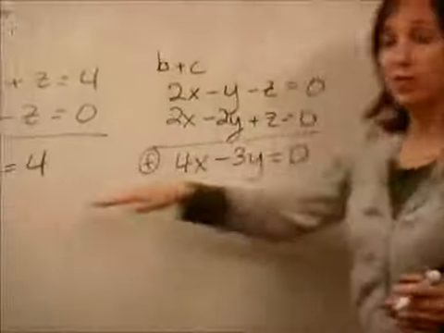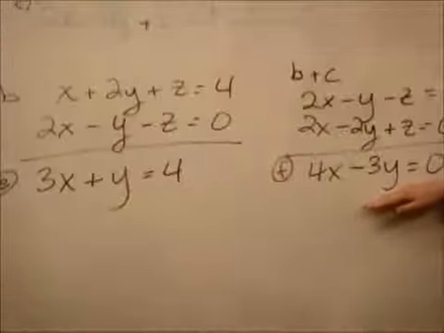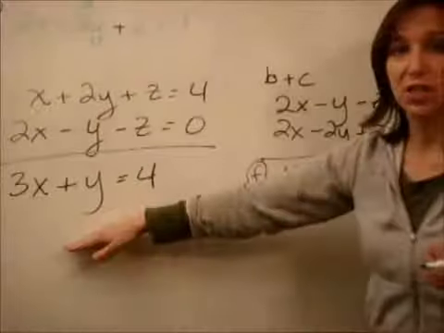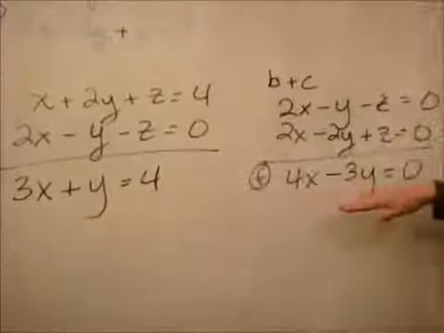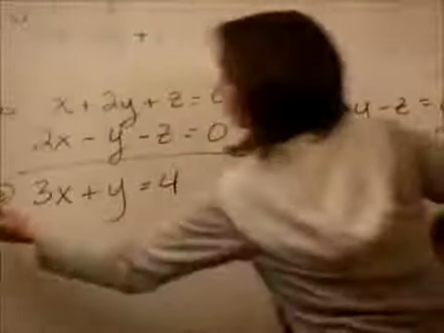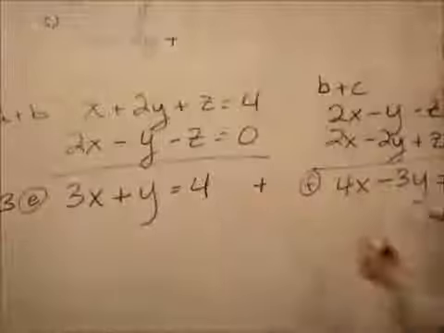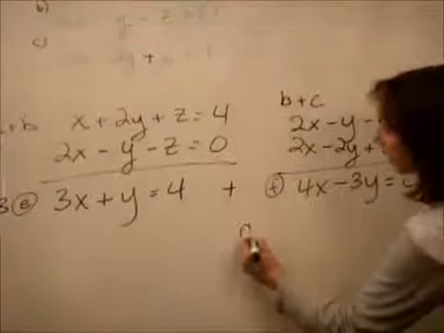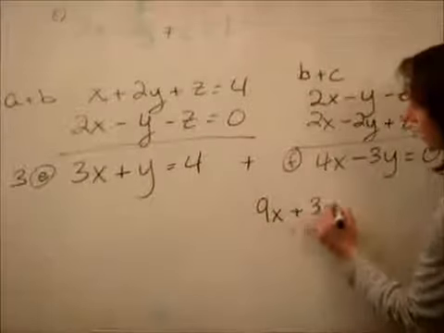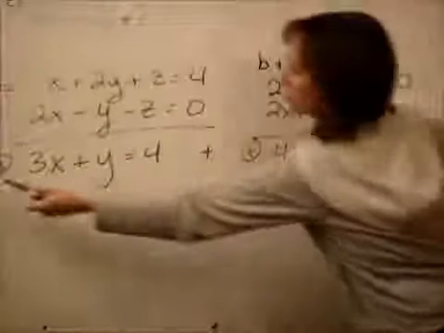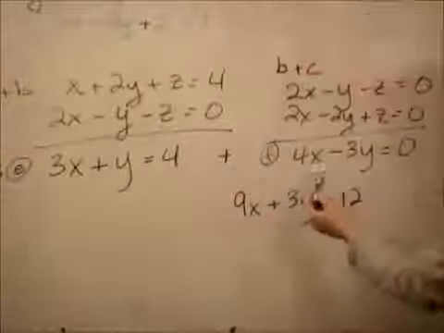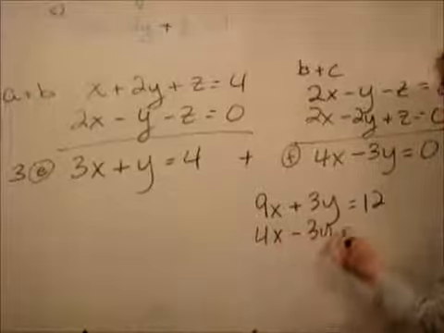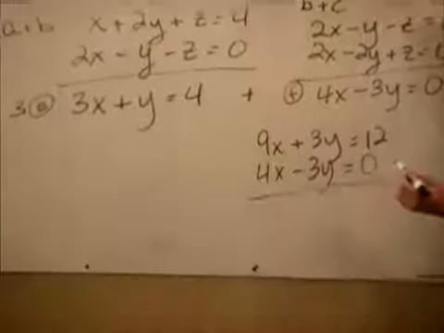Now we have 2 equations with 2 unknowns, and this is exactly what you've done before. We're just going to take this equation times 3 and add it to this one. So we're going to take 3 times e plus f, and we'll eliminate the y's. So let's do that. We're going to get 9x plus 3y equals 12. So I just took 3 times these, and I'm going to add it to f. So we get 4x minus 3y equals 0. We add them together, and we get